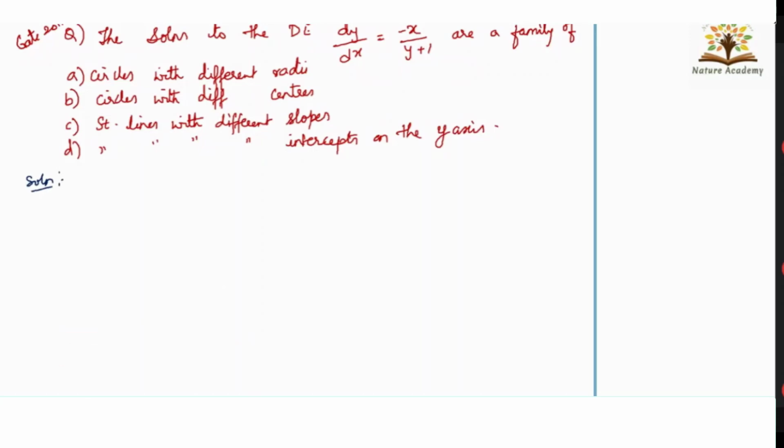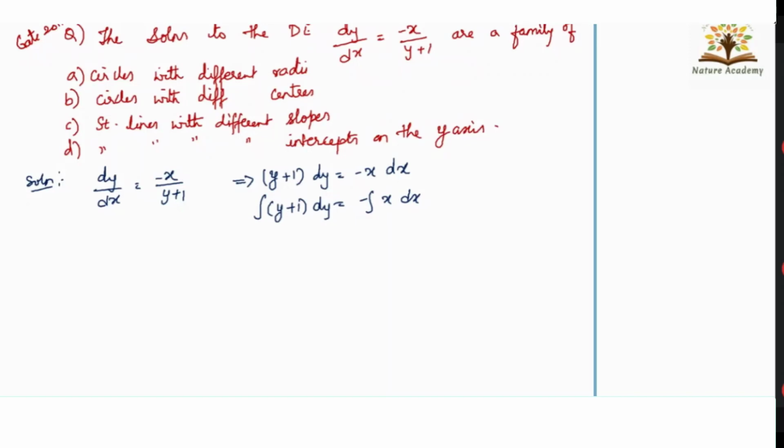It's very easy actually. So dy by dx equal to minus x by y plus 1. See, finding the solution is easy, I'm telling. Finding the options is a little bit tedious. We will have to use our mind in finding the answer for this particular sum. So use variable separable, you will get y plus 1 dy equal to minus x dx. Integrate both sides: integral y plus 1 into dy equal to minus integral x dx.